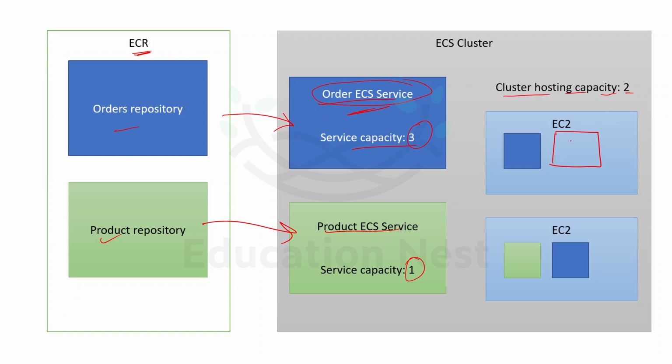Okay, we would be talking about that later, but here you can see for order, we have 3 containers running, 1, 2, 3, because we have given the service capacity as 3, and for product, we have 1. And because cluster hosting capacity is 2, that's why we have 2 EC2 instances launched over here. Right, so this is about the